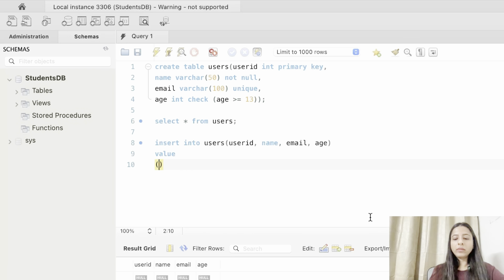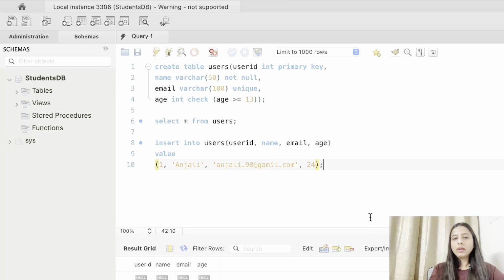So say for example we will write just one, comma, name, let's say we can just write Anjali, and comma, in the email we can just simply write anjali.98@gmail.com, and in the age you can just simply write say 24.